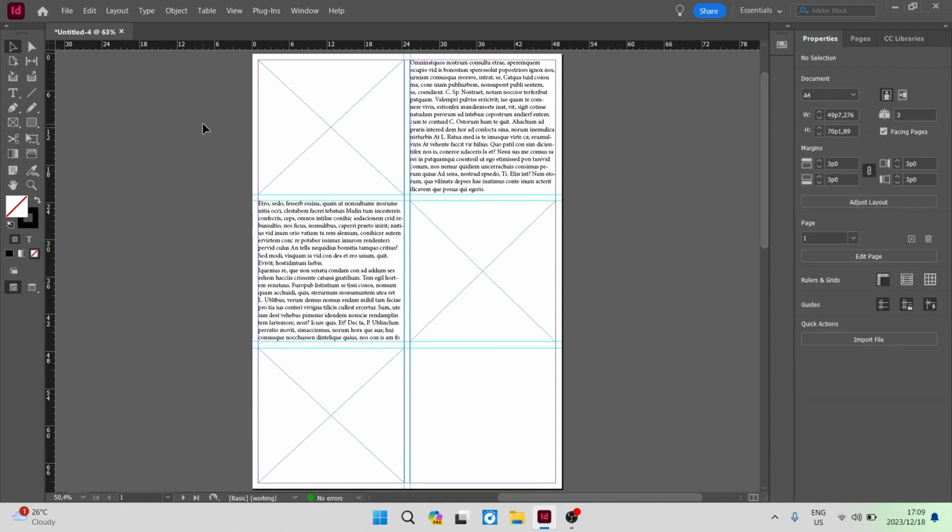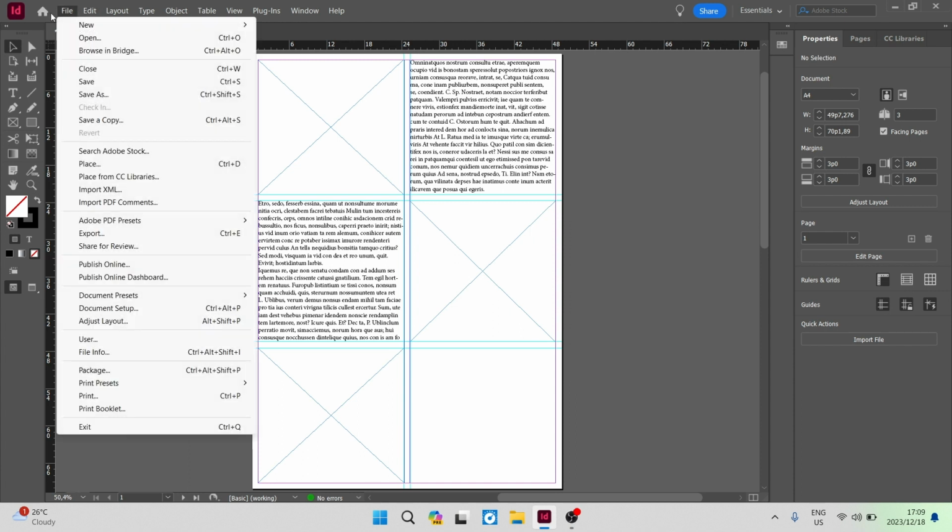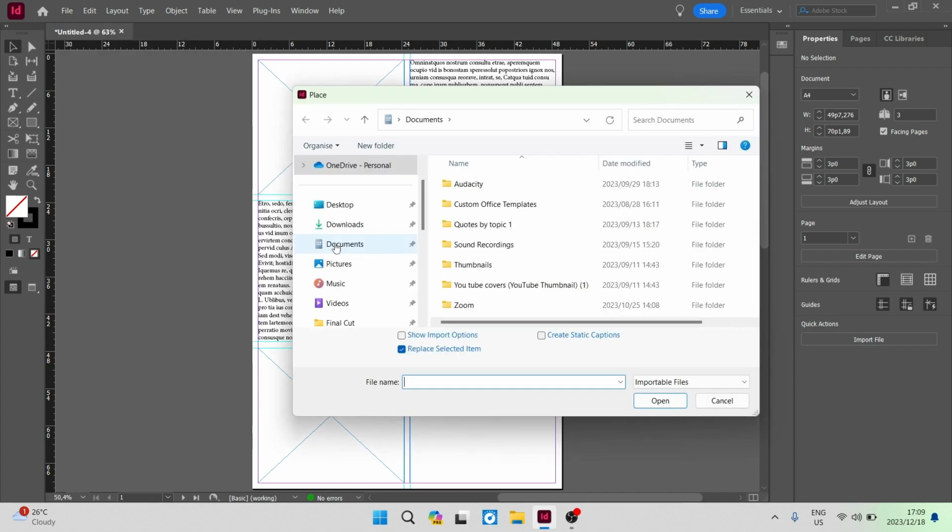So now we have the opportunity to populate our image boxes over here. What we're going to do is go up to File on the left hand side on your toolbar, and we're going to look for an option that says Place. You can also search Adobe Stock. You can also place from your CC libraries, and you can import from XML format and a PDF format. We're going to say place, and now you can go into your desktop, your computer, your laptop, whatever device you're using, and select the image that you would like to enter